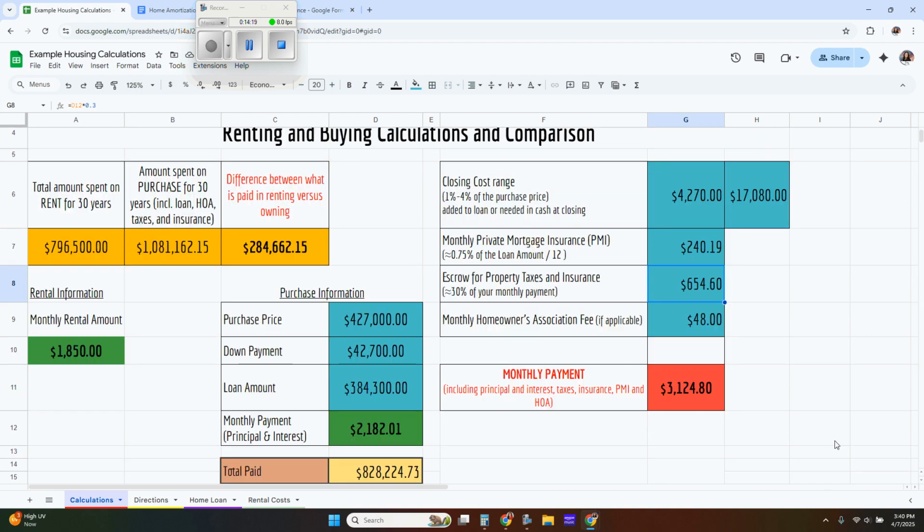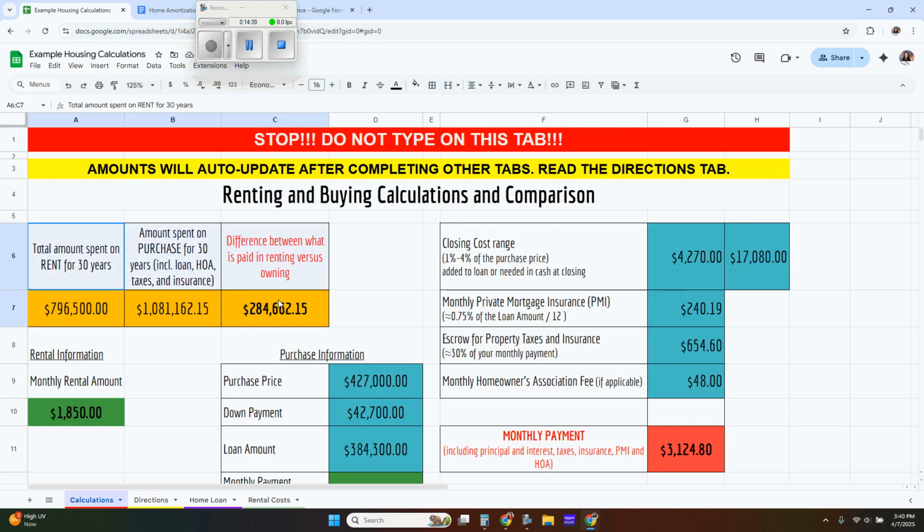So in the end, my final monthly payment to my bank, including principal and interest, taxes, insurance, PMI, and HOA, is going to be $3,124.80. So significantly more than just my rental of $1,850. Now, over the course of 30 years, that's this guy up here. Over the course of 30 years, my estimate for rent is $796,500. My estimate for my purchase, which is including the loan, the HOA, the taxes, and the insurance for 30 years, the estimate is